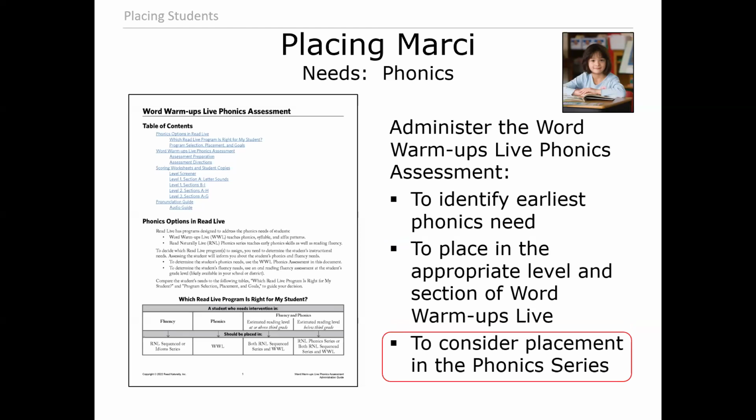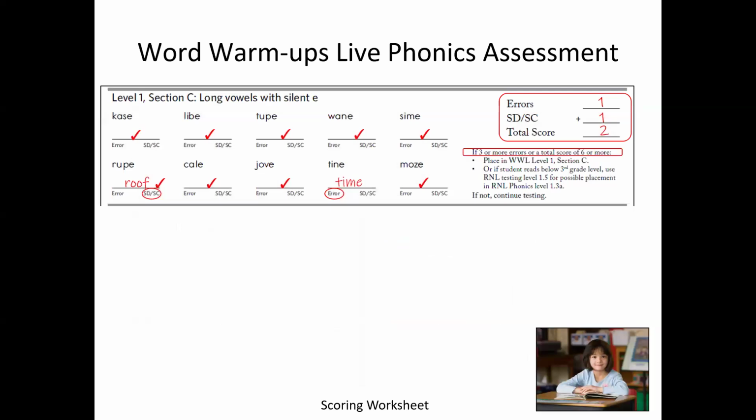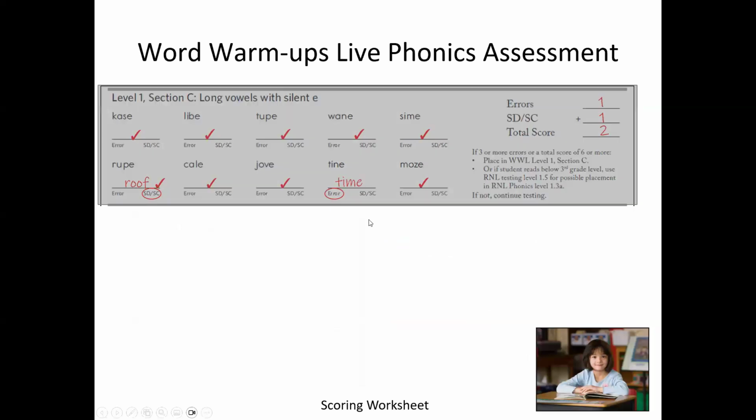What our assessment does, and I'm going to show you on this page, if you take a look over here, under these bulleted points, when you are giving the assessment in Word Warm-Ups, if the student doesn't perform very well, and that means that the student needs to work on this skill, it tells you whether or not we have a Read Naturally Live phonics series level at that place. So again, you don't have to memorize anything. It's right built into that assessment, right where you need it, when you need it, it's going to be written there, okay? So on level 1, section C, which is long vowel silent E,